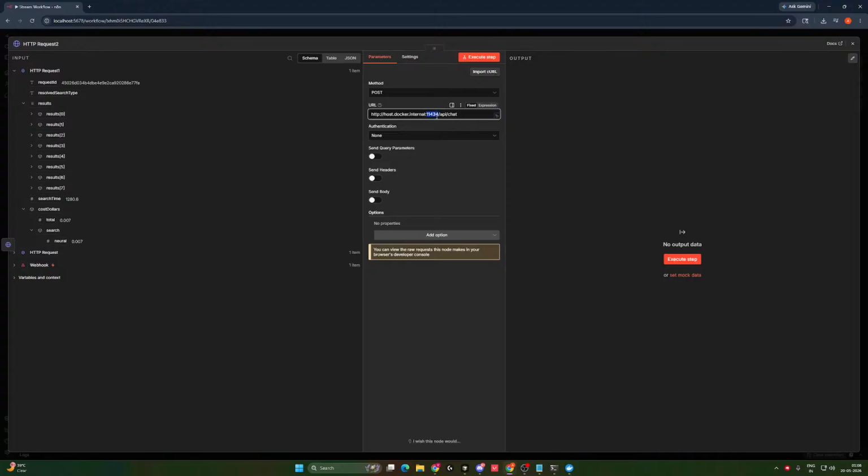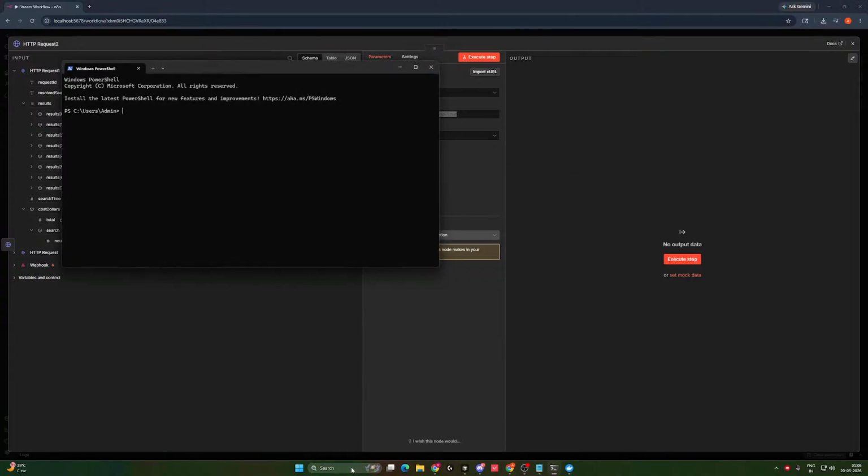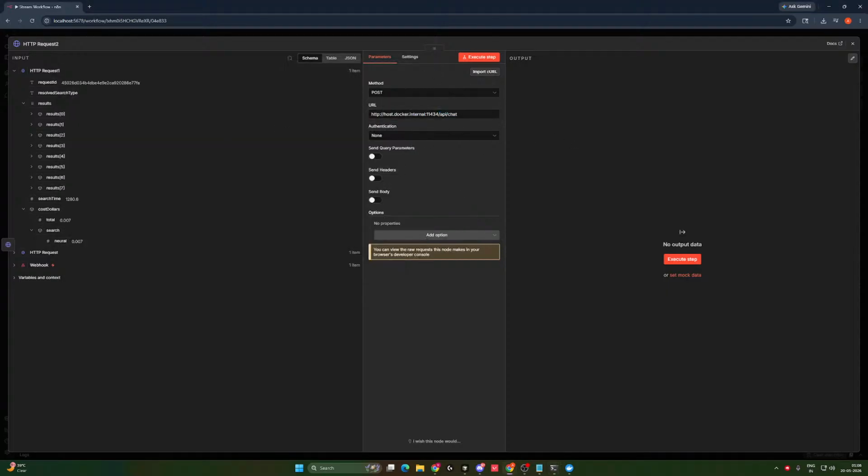This is the host that local LLM Ollama runs on, and this is the API that we use for chat. When I showed you this Ollama run gpt-oss 20B, whenever I type something here, it actually calls this particular API, and then we get the response. So we're just doing the same.